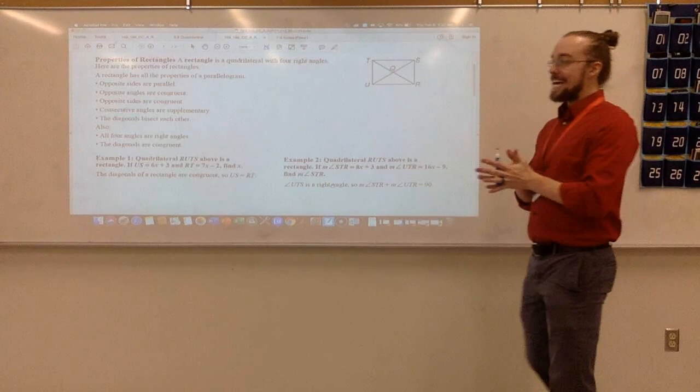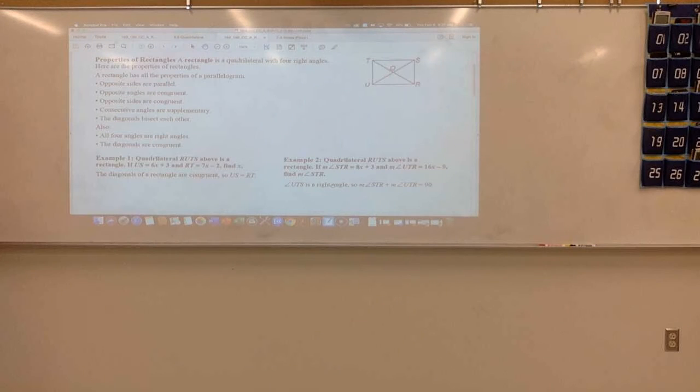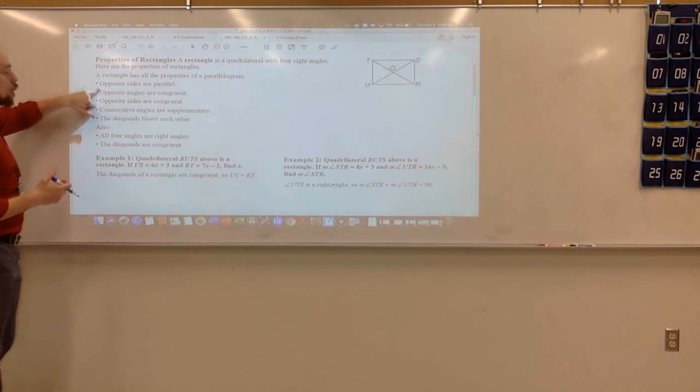Alright, the next couple of sections, we're going to take a look at special types of parallelograms. The first one today is a rectangle. So a rectangle has all of the properties